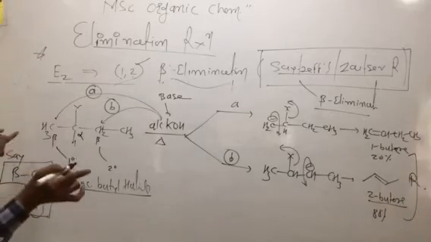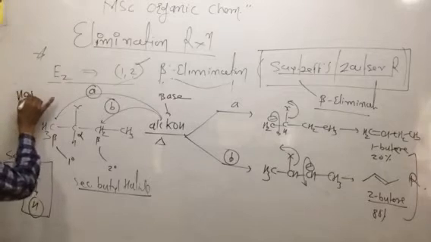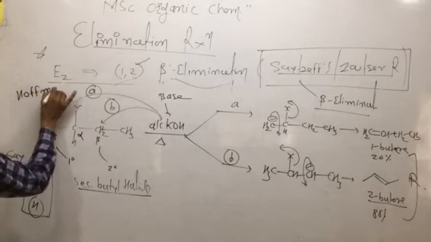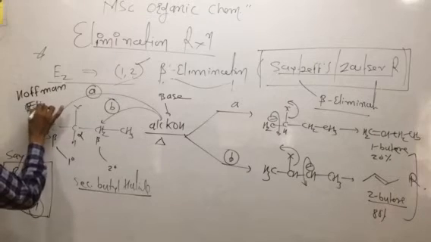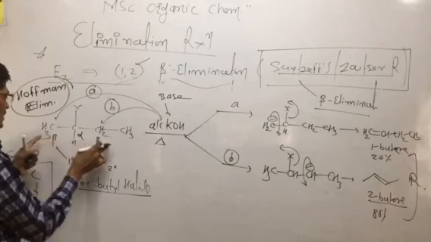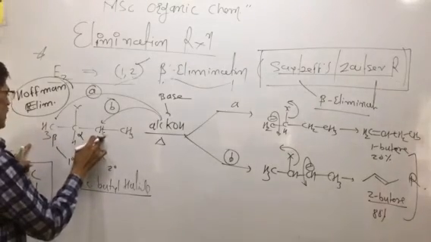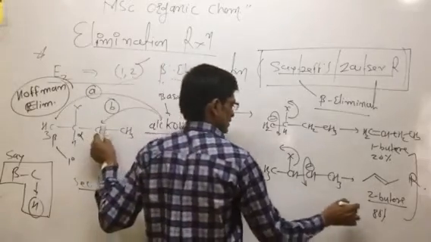This is another type of Saytzeff elimination, and now if we want the Hofmann rule, as you can say Hofmann elimination reaction. Now here we talk about the Hofmann elimination reaction. In the Hofmann elimination reaction, we have to look at the less substituted. So there are two hydrogen atoms here. Less substituted, more substituted, as you can say, this product is obtained.